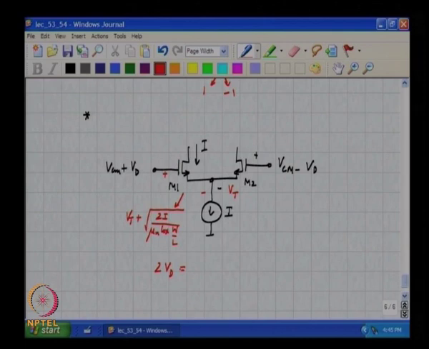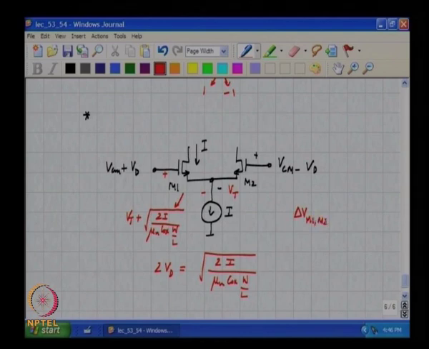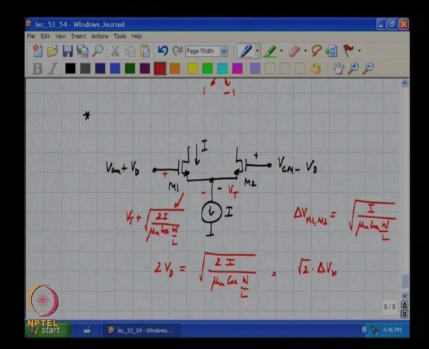2 Vd must be equal to root of 2I by mu n Cox W by L. Alright. If delta V denotes the overdrive of M1 and M2, when both of them are at the balanced state, delta V is simply square root of I by mu n Cox W by L, correct. So, in terms of this, 2 Vd must be root 2 times the overdrive of M1, M2,